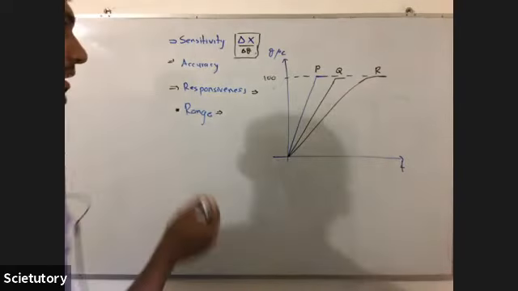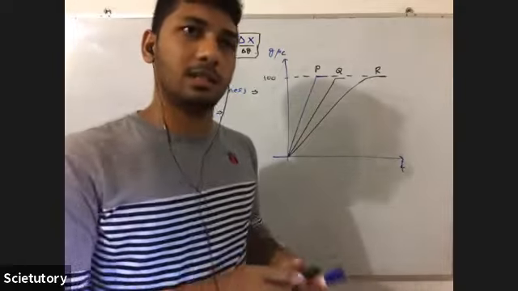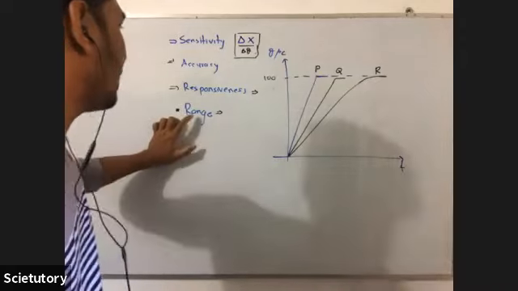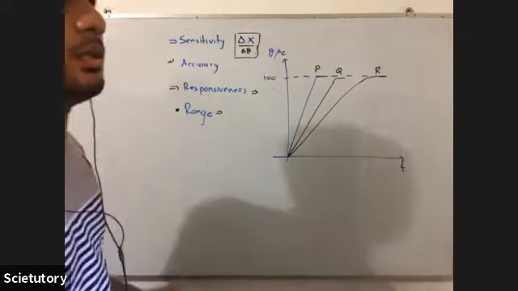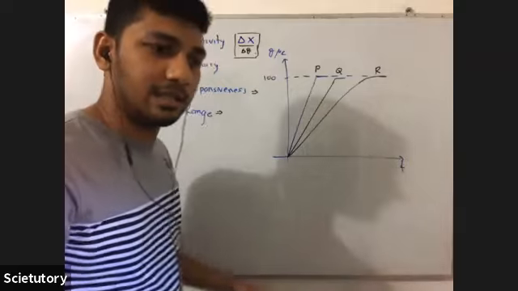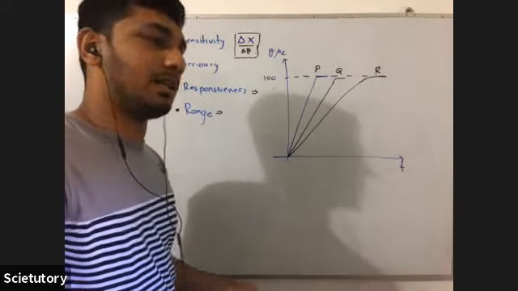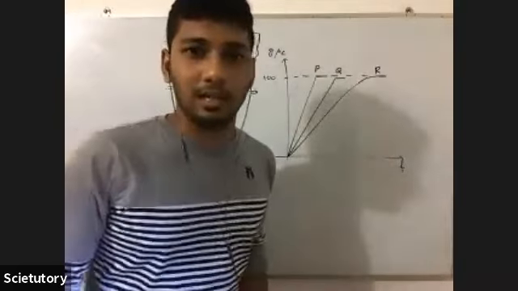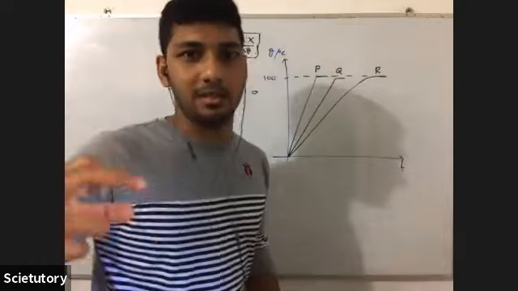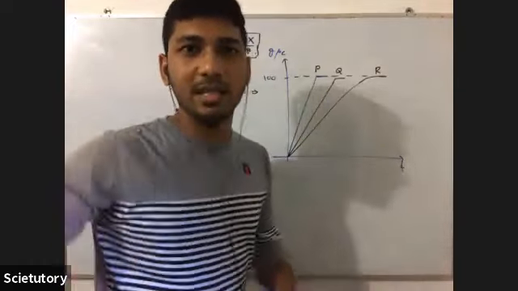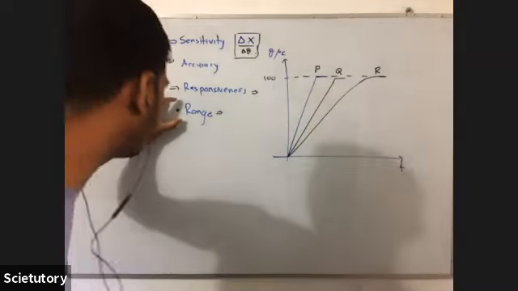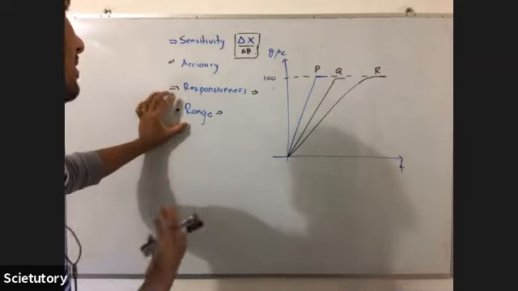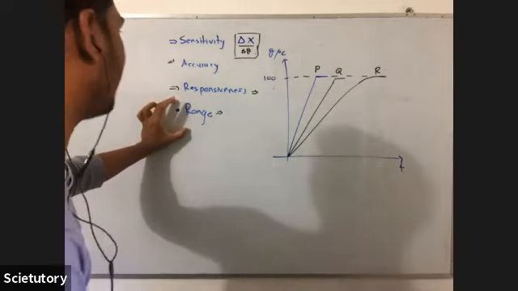So range is actually determined by the thermometric substance, its melting point and boiling point. And also how the thermometer is made. For example, you can measure up to 386 degrees Celsius using a mercury thermometer, but that is manufactured in order to measure only from 0 to 100. So then that factor limits the range. The manufacturing process limits the range. So the ultimate factors limiting the range are the melting point and the boiling point, but it is also dependent on how the thermometer is manufactured.